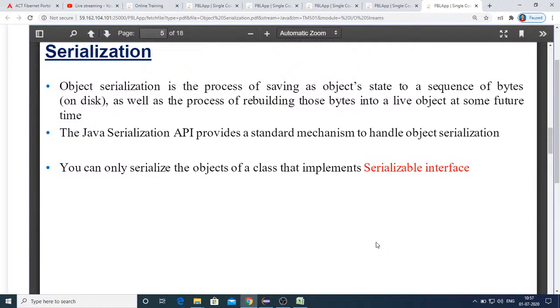It's possible by implementing an interface called Serializable. This is also part of java.io. If you implement this interface, then automatically your class objects can be serialized.